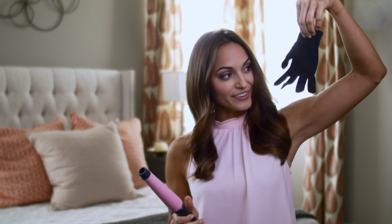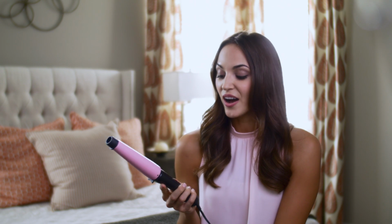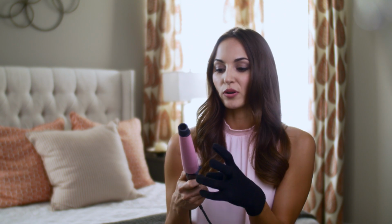First, safety first. You get this super awesome little glove guy. He protects your hand, keeps you from getting all those not so cute scars on your hand, which is possible when you're dealing with something that's 410 degrees. This also heats up in 30 seconds, so it's actually already hot, which is great if you're like me on the go. It's also a good size for traveling, I think, because you don't have to deal with the bulky